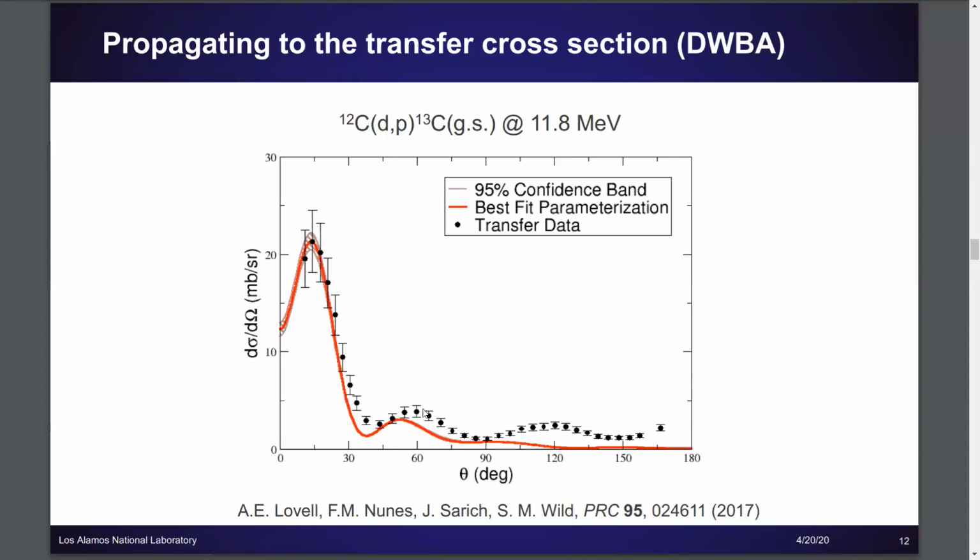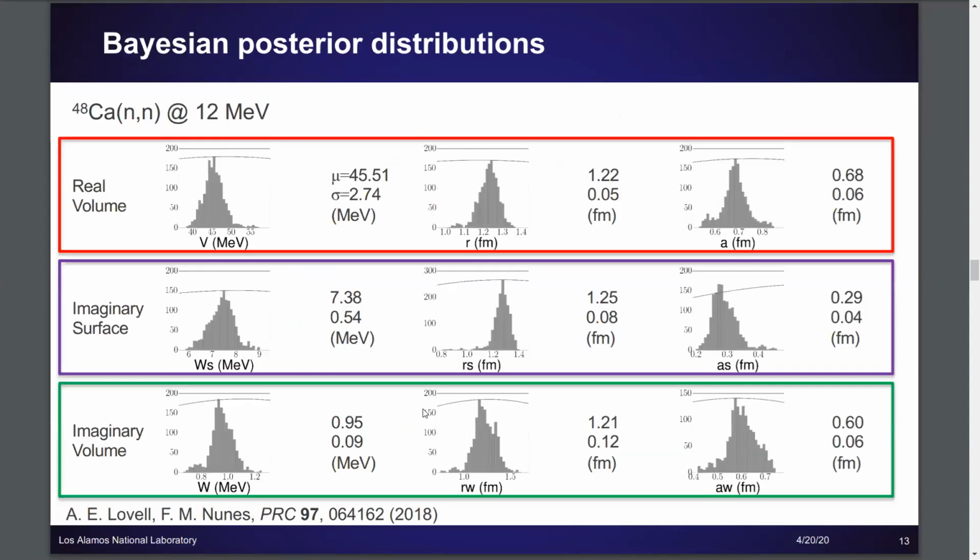So that's one thing we see right away with these chi-square methods: the uncertainties tend to be very narrow. It's not that we want to artificially inflate our uncertainties or say that our models are way worse than they are. Having low uncertainties is good, but we just want to make sure that we are accurately representing the uncertainties in our model. In a couple of slides, when I talk about the comparison between this and the Bayesian method, I'll show you one way that we've been diagnosing that. Next, I want to talk about the Bayesian results, and we're moving on to a slightly heavier target.